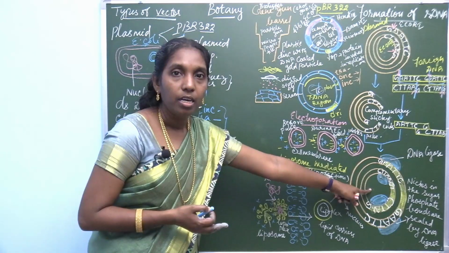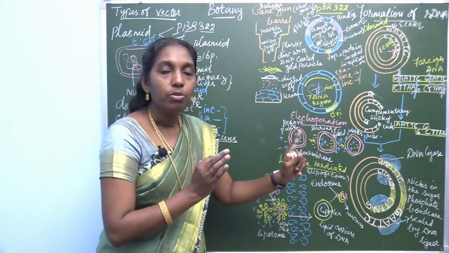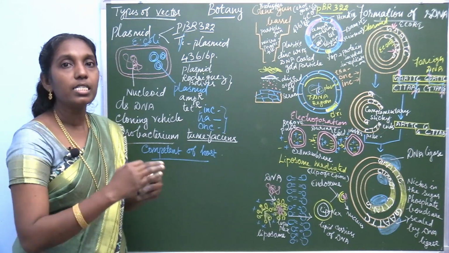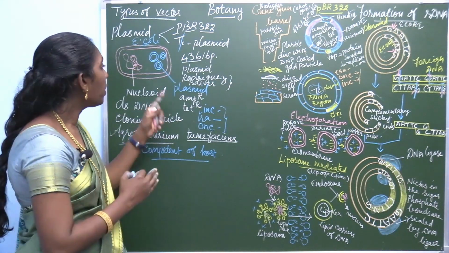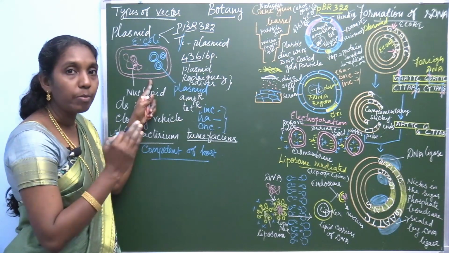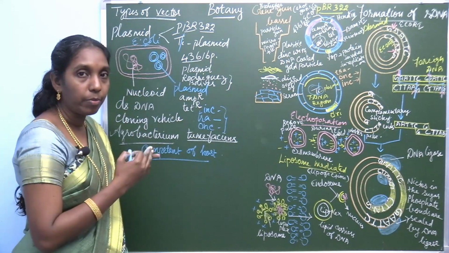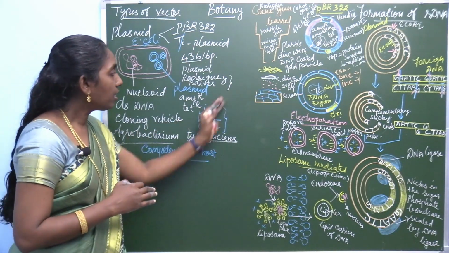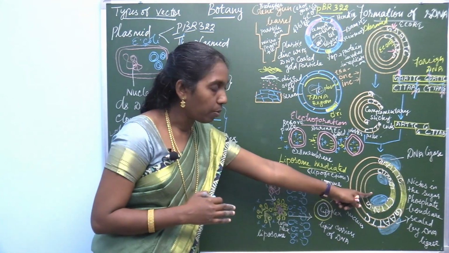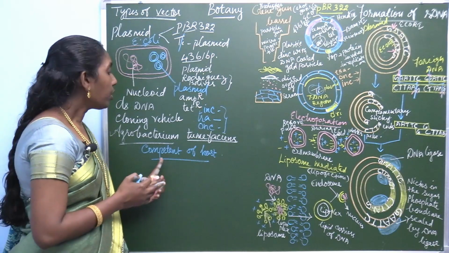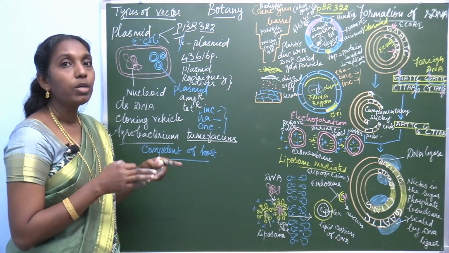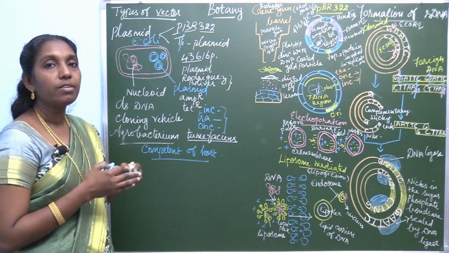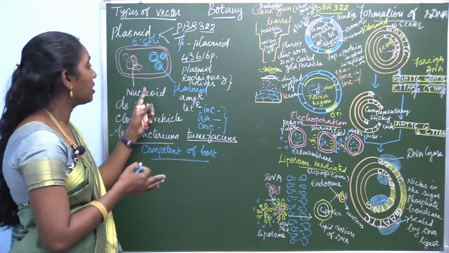Recombinant DNA molecule is hydrophilic in nature. What is meant by hydrophilic? It dissolves in water, so it cannot pass through the cell wall or cell membrane. So the host has to be made competent after selecting the vector and making the recombinant DNA. How to make the cell competent? There is a specific treatment.